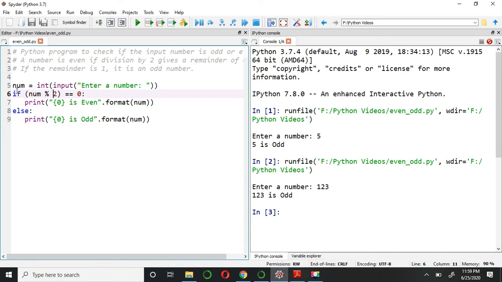Now you can see I have taken one variable here, the name is num. I'm going to convert that, because the default data type of input in Python is string. So I'm going to convert that into an integer by writing this line here. The input function is used to take input from the user. So in the very next line we check if the given number, what the user will enter, is divisible by 2 and the remainder is 0, it is known as even, else it is odd. So very simple.